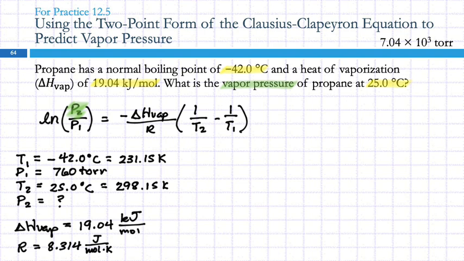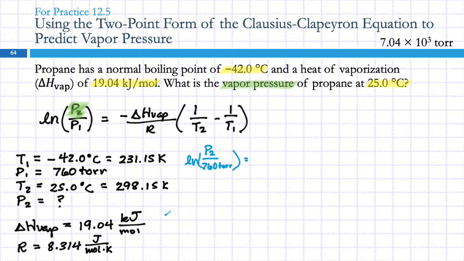So we can plug all these things into the equation. This is one of those equations that is pretty ugly to rearrange and solve for the desired variable, right? To rearrange this and solve for P2 is going to be pretty ugly and make most of you crazy, right? Just be super, super frustrating. So this is one where it's better to just put the numbers in and then deal with it that way. So the natural log of P2 divided by 760 torr